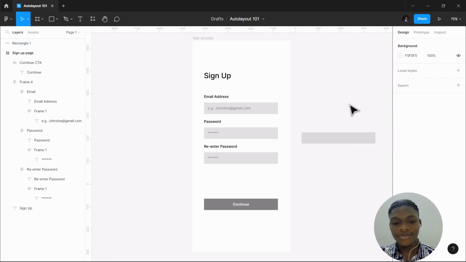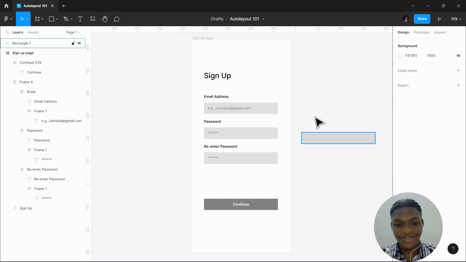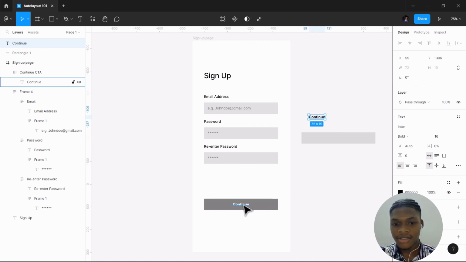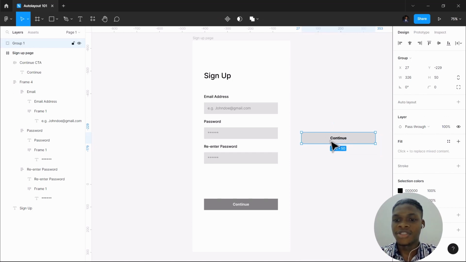And the next thing I will do is to create a text. I was lazy, so I didn't want to create all of it, so let me do that. Clicking on T, continue. And this is bold, right? Bold 16. Bold 16, same, yeah. So I would then center it here and group these two together. Tapping on Ctrl G. The problem with this approach is if for some reason I want to resize this button,